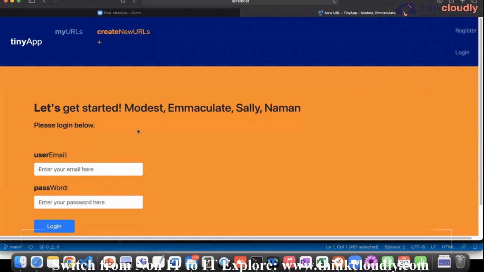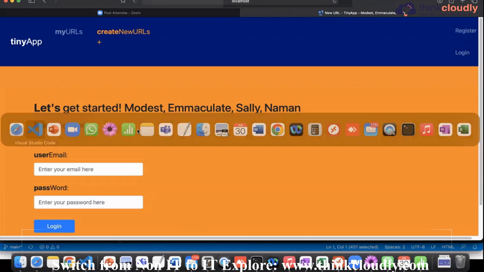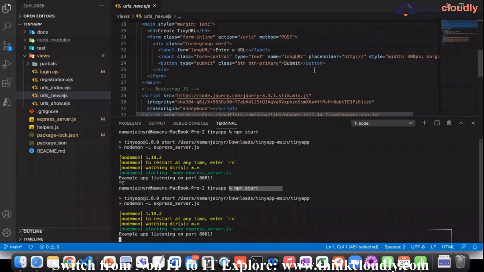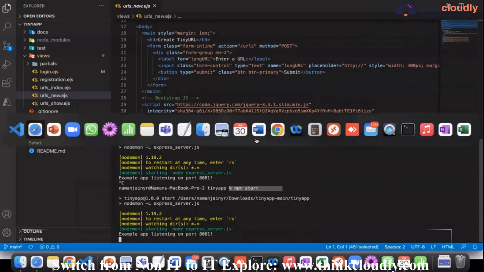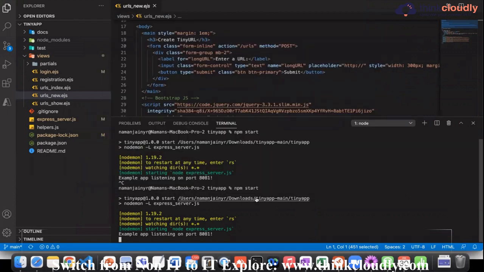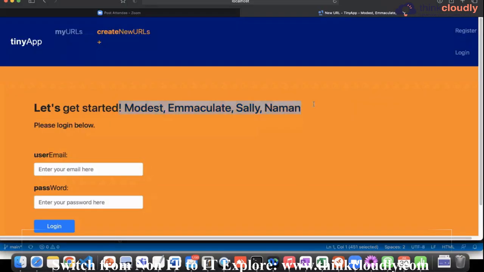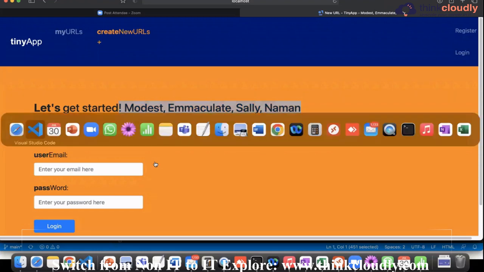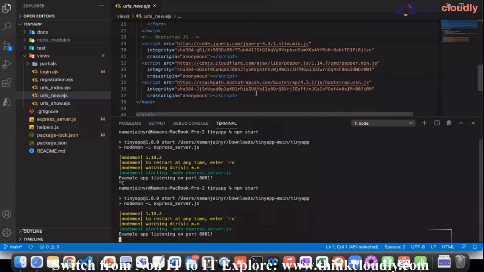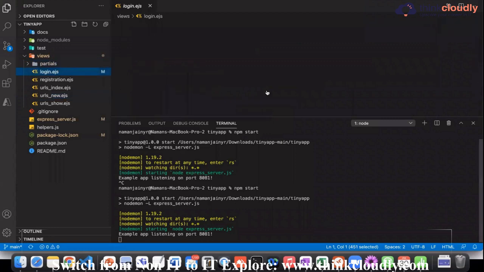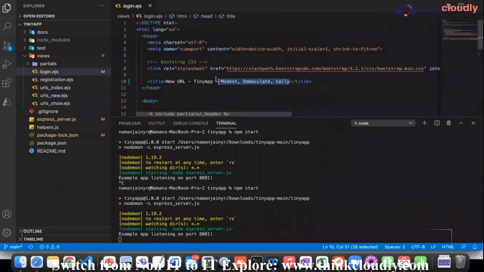Okay. Now let's imagine that I am a software developer. I can make some changes to the code. Let's say I want to make some changes, and over here I can see some names, right? Here, I want to change this text. So when I want to do this, I'll basically go and make the necessary changes in the file.